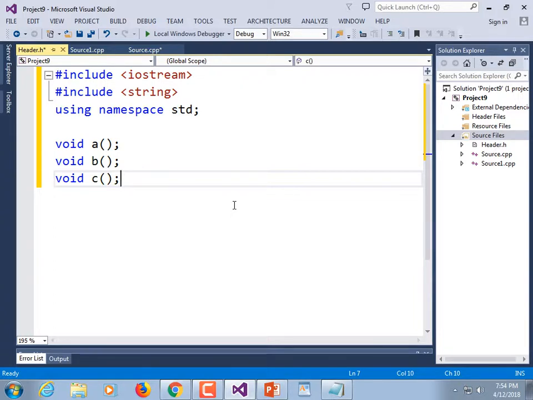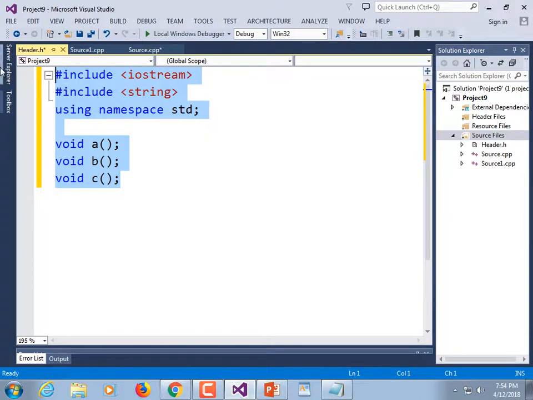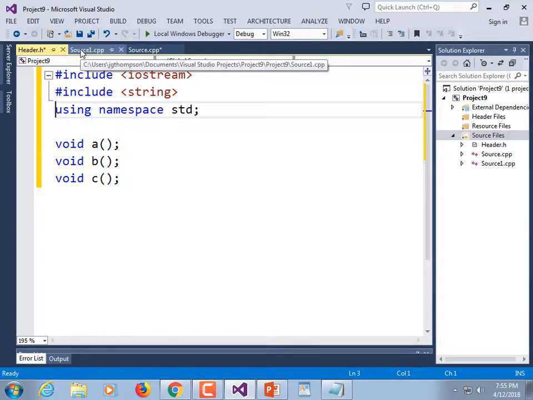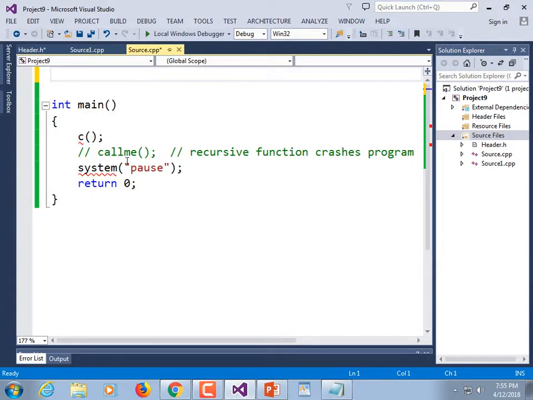That should be in your header file now. It should not be in source. But source doesn't know about any of this stuff anymore. We need to add an include to get that header file back in. So here's my header.h. It looks like that. It's got my #includes, my using namespace, and by the way, that's really tacky to throw using namespace std. If I was being rigorous, I would take that out and I would always just use std::cout and cin. But go back to source.cpp, and the way we fix these errors is to include our new header